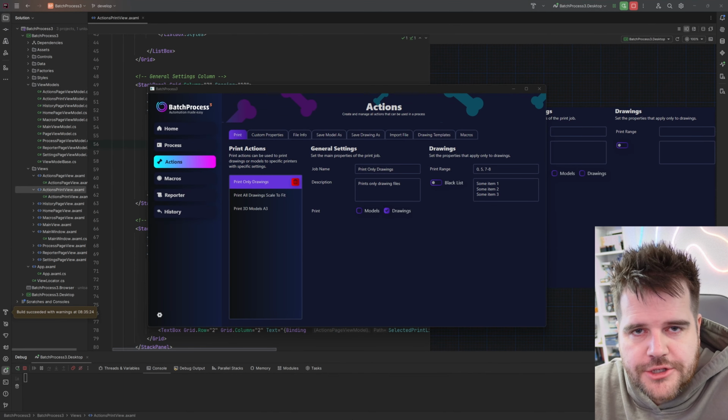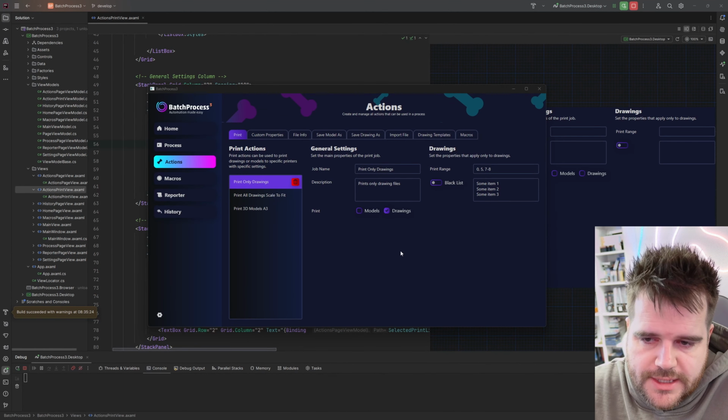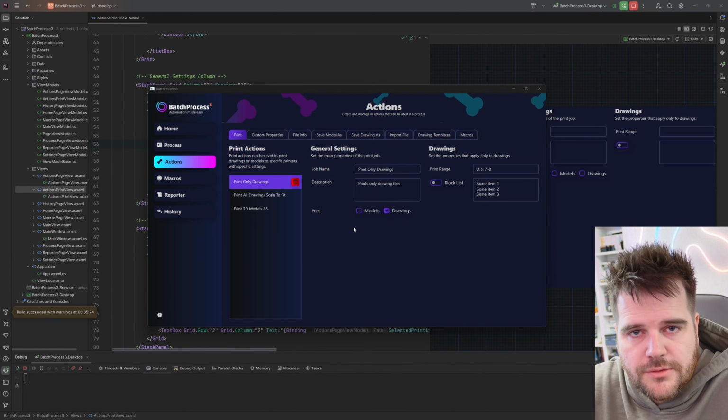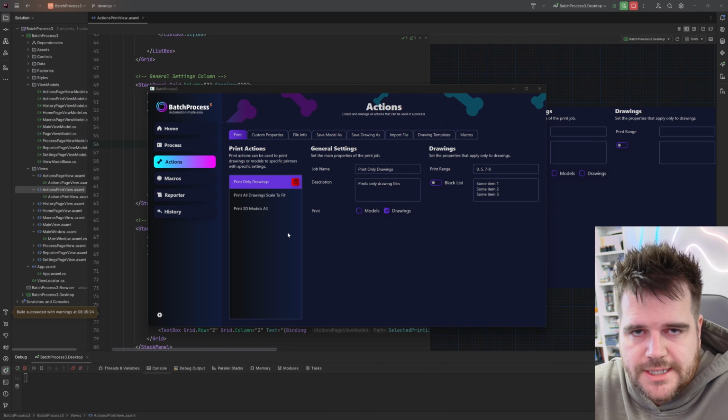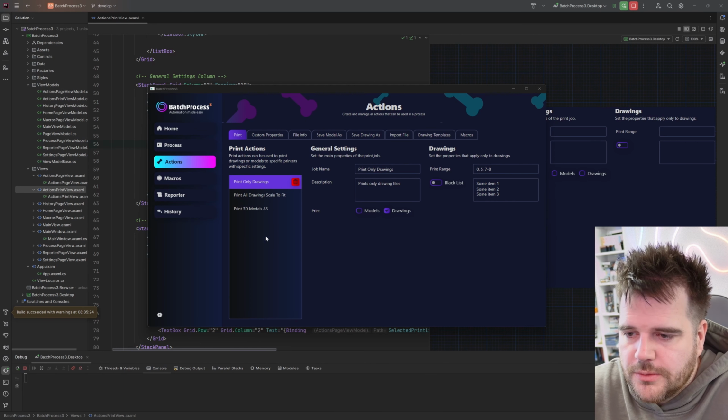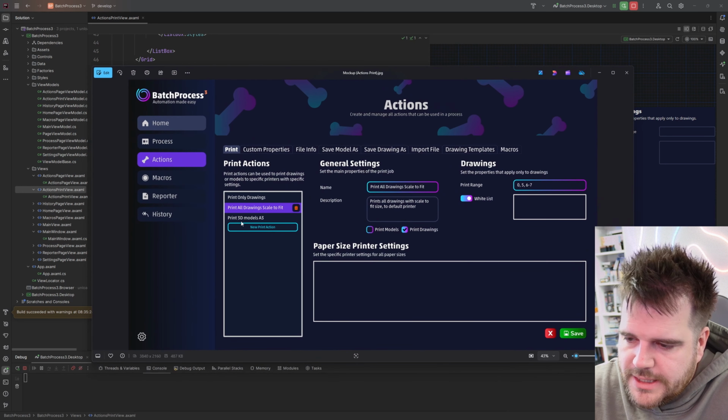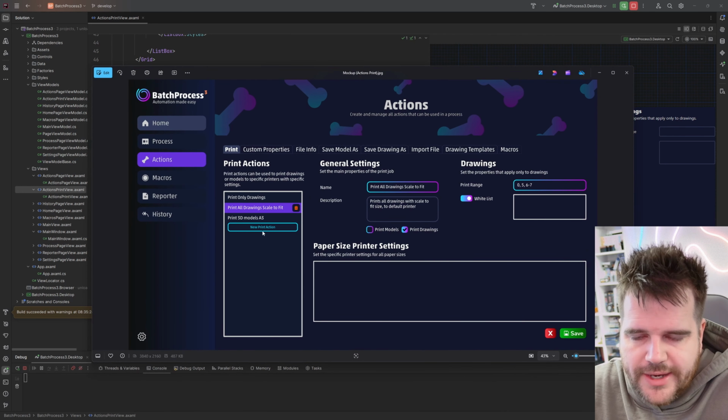We have the print actions page fully bound now, so all of these properties work and bind to real view models. The next step I think we need is to be able to create a new one. We can delete the existing ones, but we can't make any new. If we take a look at the mockup we made, I put a new print button inside of this list